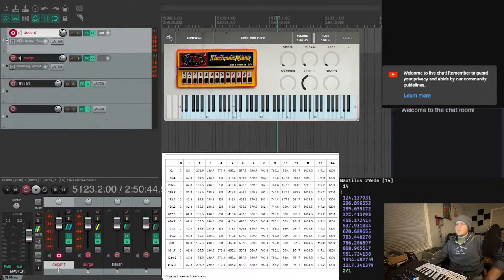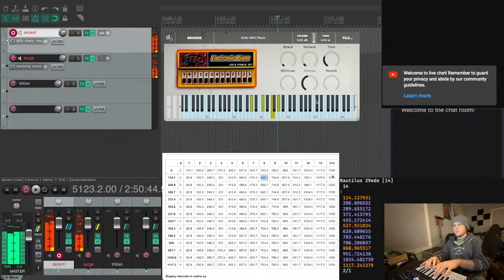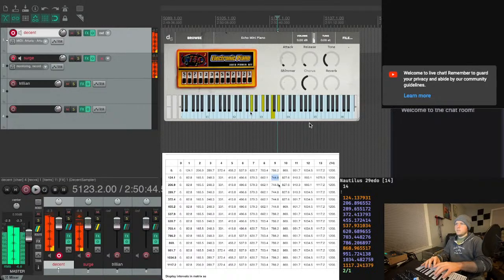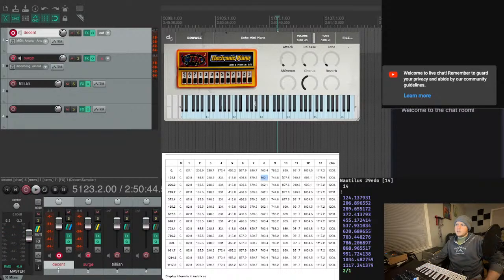So yeah, if you either just don't play the 5th or, yeah, the 5th is quite sharp. I mean, that's pretty sharp. And this one's pretty flat. So I mean, there's no good 5th here at all. But